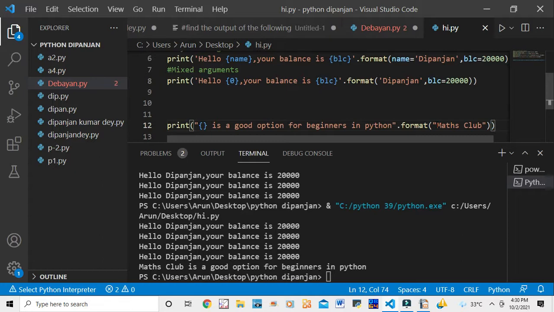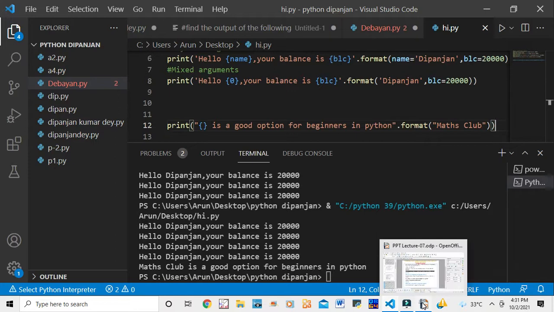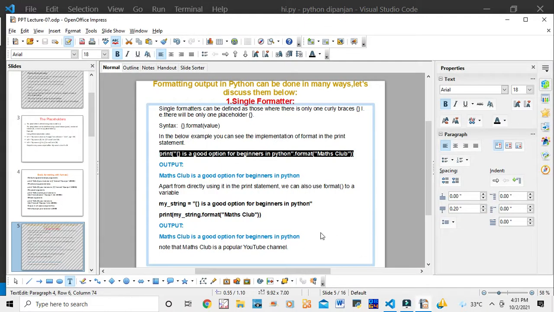Okay, if you want to write suppose that is database, or you can write database is a good option for beginners in Python. Here you can write anything. Okay, now go to my next, that is this program has already run. Now go to my next, that is,